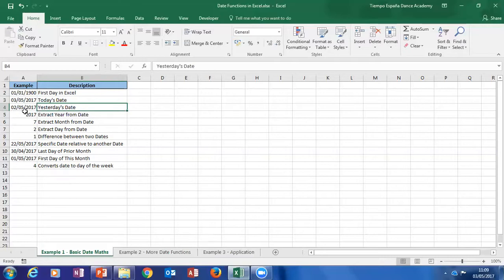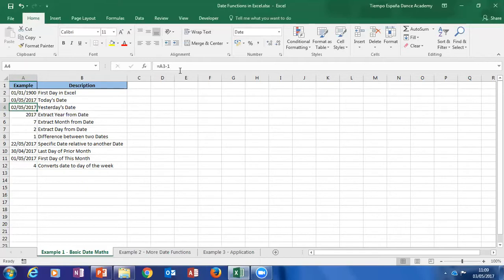But if I open this up tomorrow, then tomorrow will be the 4th of May, so this cell should then jump to the 3rd of May. So I want to change this cell relative to the point in time that I'm currently on, but always going back one day. And the way we can do this, and this is really, really easy, is we can just take the date that we had from the cell above. So A3 is what our today's date was, and then from that date we just subtract the number 1,